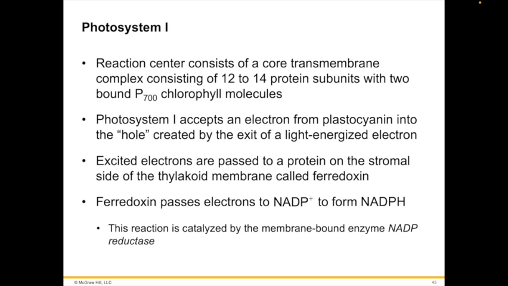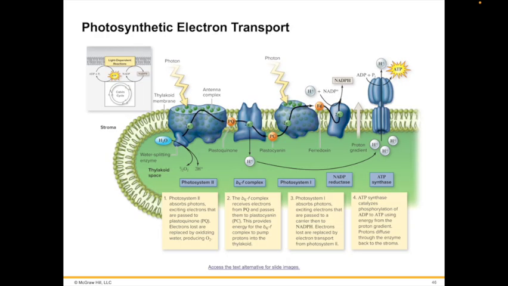Photosystem 1 passes electrons to ferredoxin on the stromal side of the membrane, that's outside the thylakoid, and the reduced ferredoxin carries an electron with a very high potential. 2 of them, from 2 molecules of ferredoxin, are then donated to a molecule of NADP plus to form NADPH. The reaction is catalyzed by the membrane-bound enzyme NADP reductase. Because the reaction occurs on the stromal side of the membrane and involves the uptake of a proton forming NADPH, it contributes further to the proton gradient established during photosynthetic electron transport. And this is figure 8.15, summarizing what I just went over.